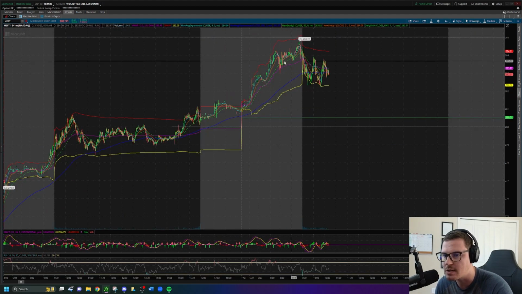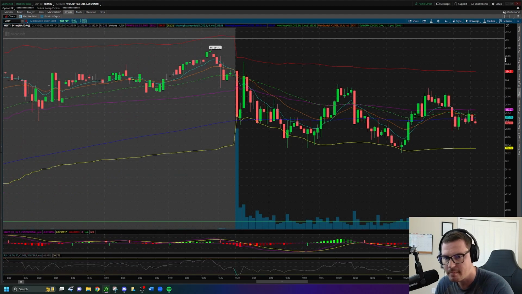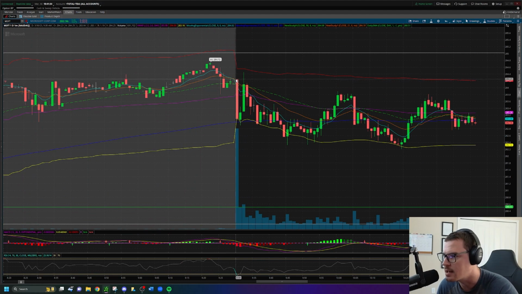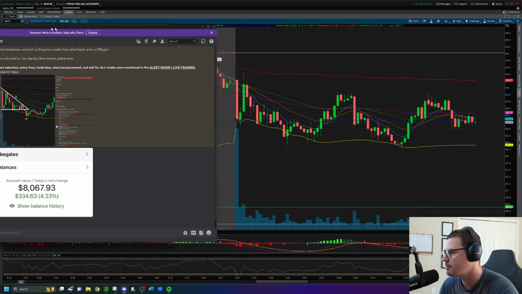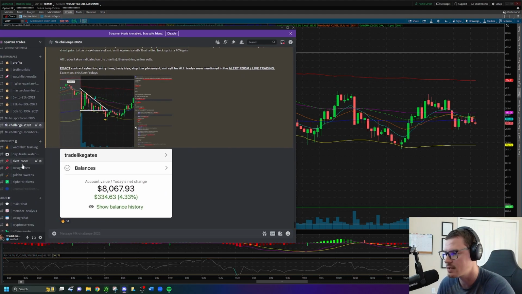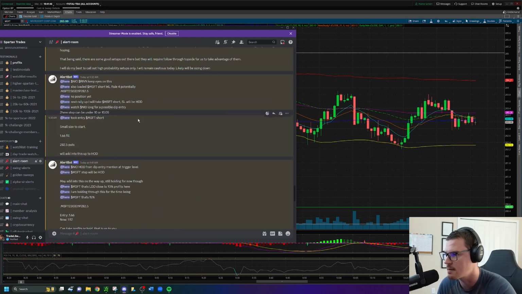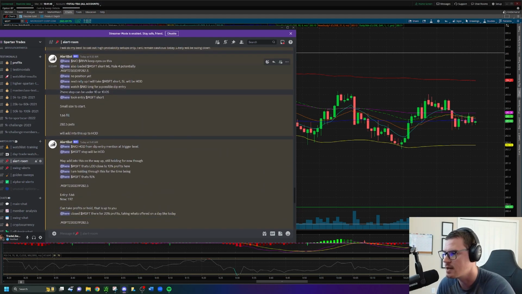So moving to the 1-minute time frame on Microsoft, we get an opening drop down and then a rally back up. Now that rally back up rejects the opening price and it starts to come right back down. So I'm going to move over into the alert room because everything about these trades was time stamped, and we're going to walk you through these trades.